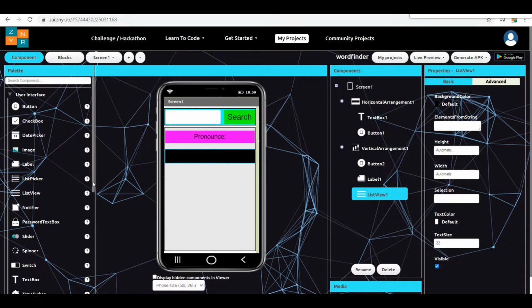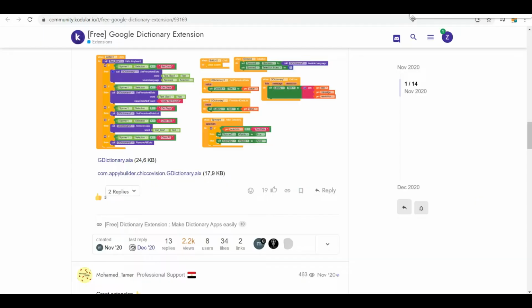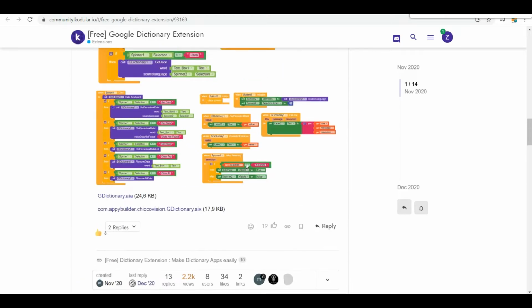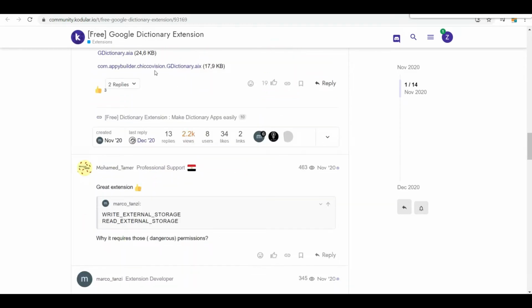Next I need to use the extension where I have to download the key. For this, I'm using the web browser with the Google Dictionary extension. You need to scroll down, and you may notice the extension over here. If you are a new user, it is mandatory that you sign in with Google. Only after signing in can you download this key. I have already downloaded the key, and now I am going to insert it into my platform.